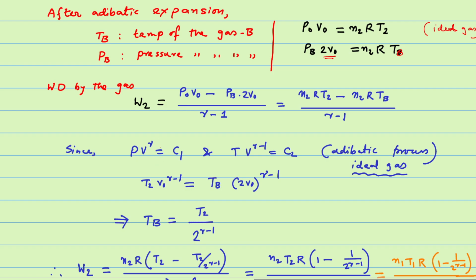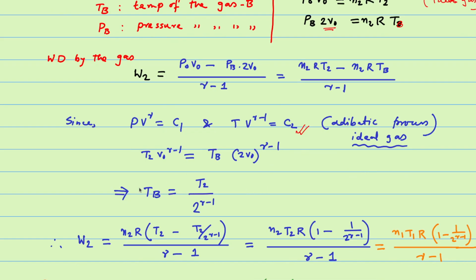And it is an adiabatic process. Therefore, P V to the power gamma equals some constant, or T V to the power gamma minus 1 is some constant, say C2. I use this in this problem. So, T2 V0 to the power gamma minus 1 equals TB times 2V0 to the power gamma minus 1. Therefore, TB is given by this expression,